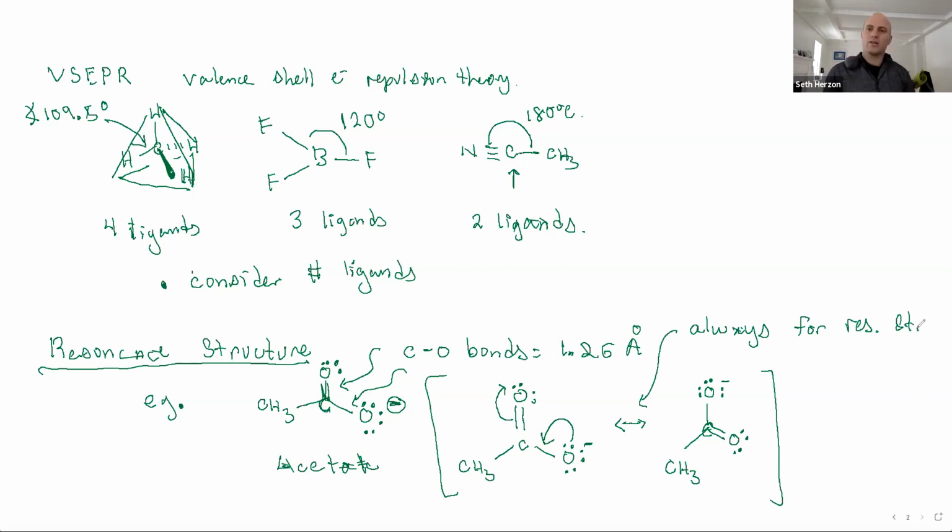And that double-headed arrow has a very specific meaning to organic chemists. It means that we're talking about resonance structures. We don't use it for chemical reactions. We don't use it for equilibria. We have different arrows for that. So keep that in mind. And then the second thing is that I put brackets around,